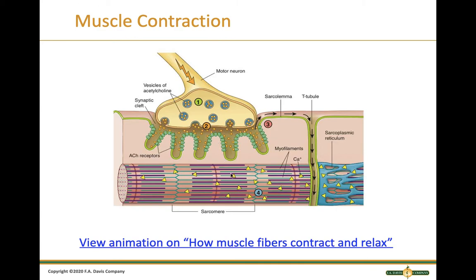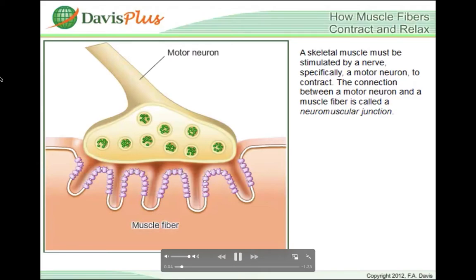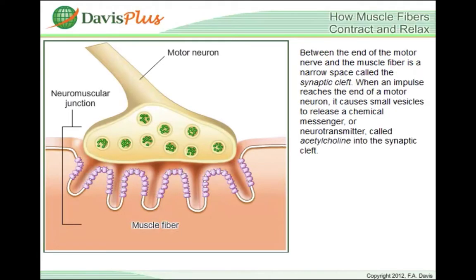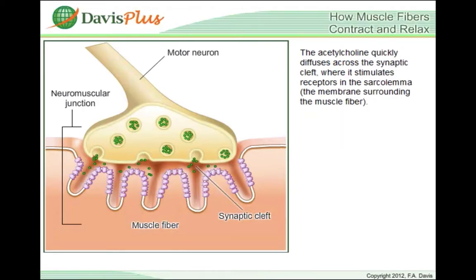So next we're going to watch this animation on muscle contraction. A skeletal muscle must be stimulated by a nerve, specifically a motor neuron, to contract. The connection between a motor neuron and a muscle fiber is called a neuromuscular junction. Between the end of the motor nerve and the muscle fiber is a narrow space called the synaptic cleft. When an impulse reaches the end of a motor neuron, it causes small vesicles to release a chemical messenger, or neurotransmitter, called acetylcholine, into the synaptic cleft. The acetylcholine quickly diffuses across the synaptic cleft, where it stimulates receptors in the sarcolemma, the membrane surrounding